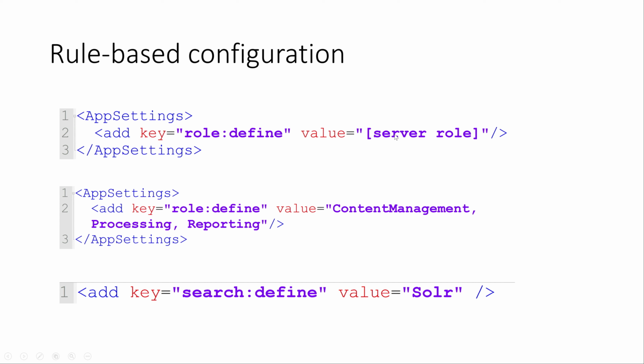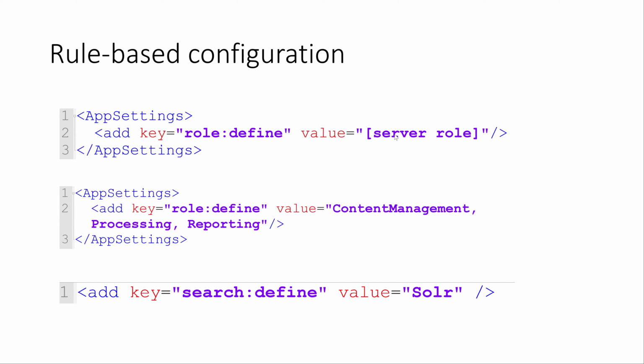If you ever worked with Sitecore prior to version 9, configuration settings were a little painful, because you needed to enable and disable a lot of configuration files to make it, okay, this is a processing server, this is a reporting server, this is a content delivery server. For that, you needed to enable and disable a lot of .config and XML files. It was much more painful. We used to have a big Excel sheet and go through it, enabling and disabling certain files. But it is much easier now in Sitecore 9 and above.